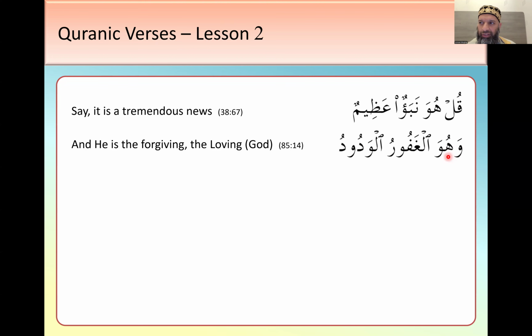What sort of noun is it? Definite noun. Anyway, so Al-Ghafuru is the description, and Al-Wadudu is the description too. And the descriptions match as well. Look, the Al and the Al, the Ru and the Du, masculine, masculine. Common noun, I think it was, or something like that. Anyway,